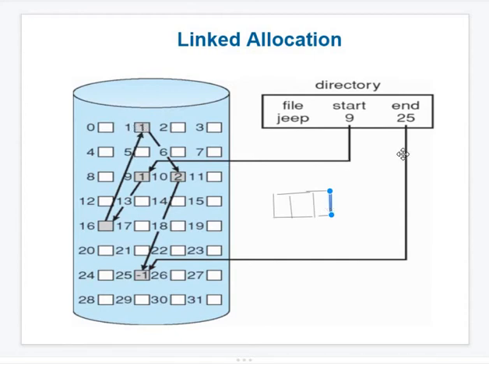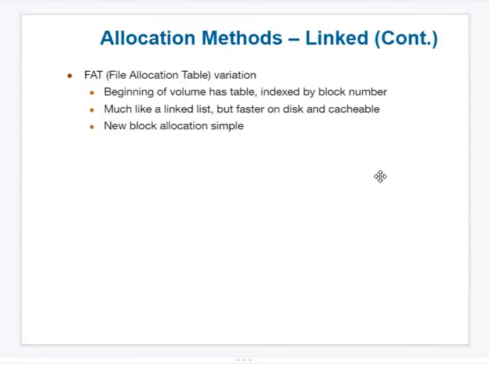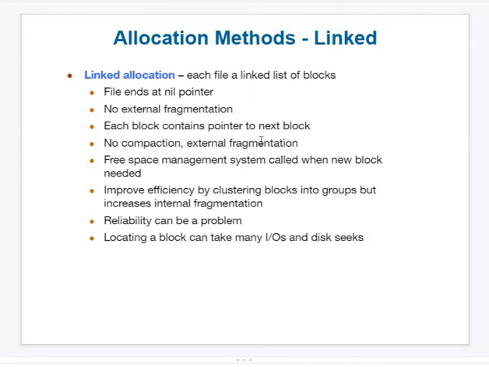In the same way, this directory path is also maintained in this way. Starting 9, you can see here, where is 9? Here is the starting 9. You can see first edge, 9 to 16th, 16th to 1st, 1st to 10th, 10th to 25th, because that is the last. So this linked list allocation is good when we don't have continuously available memory.